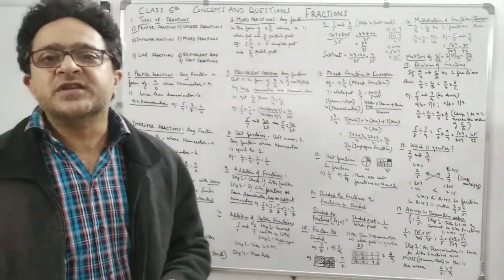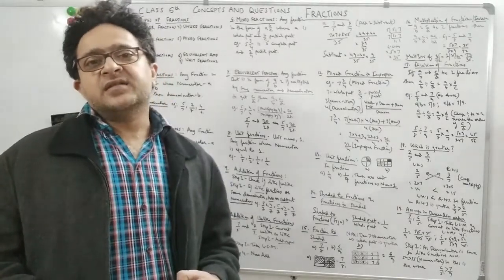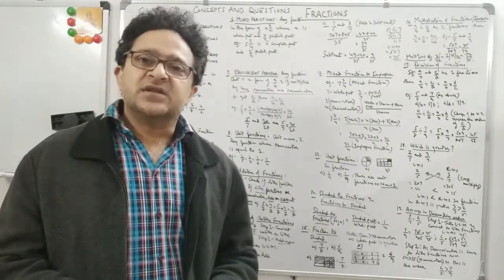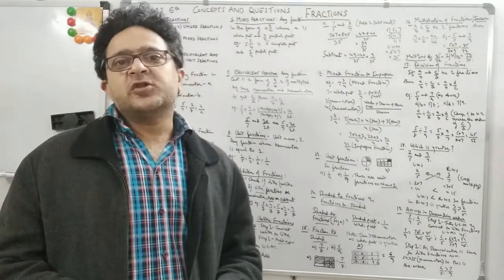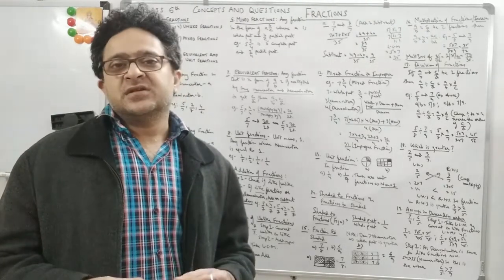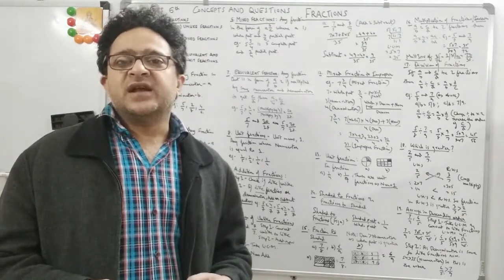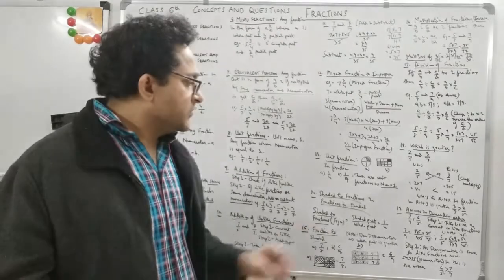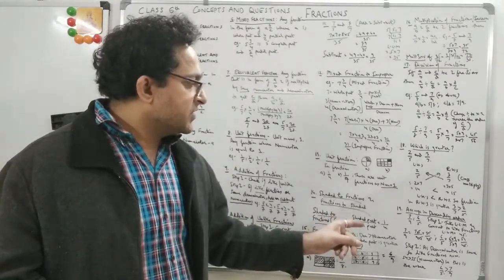So if the numerator is higher, then that particular fraction is higher, and if the numerator is lesser, then that fraction is less. So this is how you decide upon ascending and descending order,